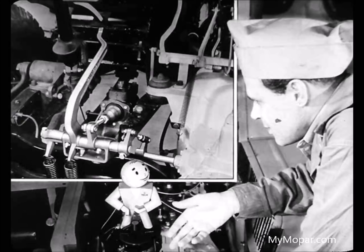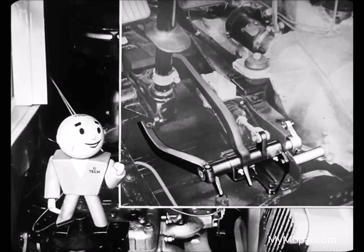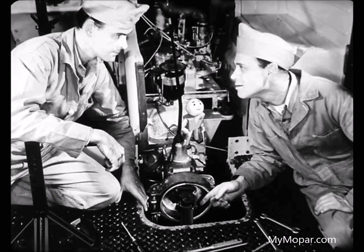Say, with the engine off to one side, the clutch must be operated by remote control. That's right, Pat. It's operated by a special linkage arrangement. And that's pretty important as far as service of the truck is concerned. And that linkage arrangement is the same on fluid drive as it is on conventional drive. Just be sure you get it adjusted right if you ever have to work on it. That takes care of the transmission, Tech. Universal joints are standard, so now...